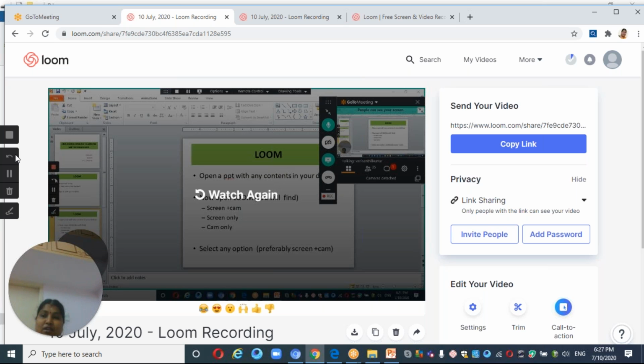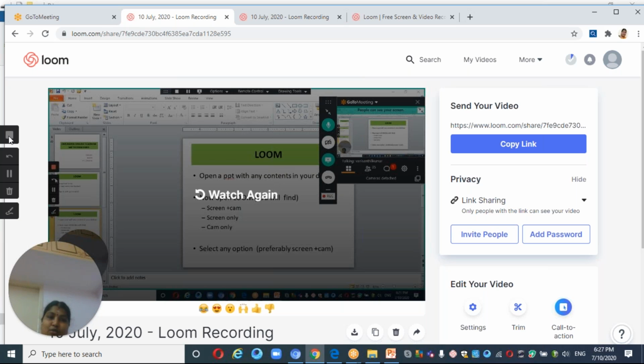And at the bottom you can find the previous, pause, delete, and your pen system. Pen is nothing but just for giving out the indications in your PPTs. After your lecturing is over, just give stop recording, that red symbol to be pressed once again. Your particular content will be recorded.